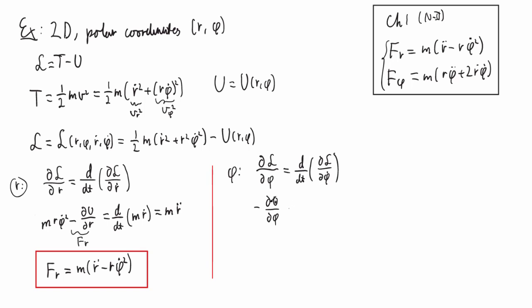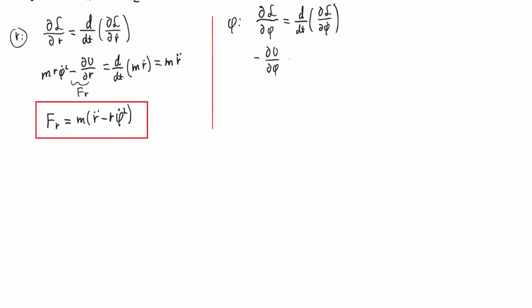Now, dU d phi, it turns out, is not actually the force in the phi direction. This is not equal to F sub phi. We can tell that because F sub r would not have the same unit if it did, right? Here we have dU dr, it has the unit of energy divided by position. This just has the unit of energy. So this is not a force. So we have to do a little bit more work in order to relate this to a force,